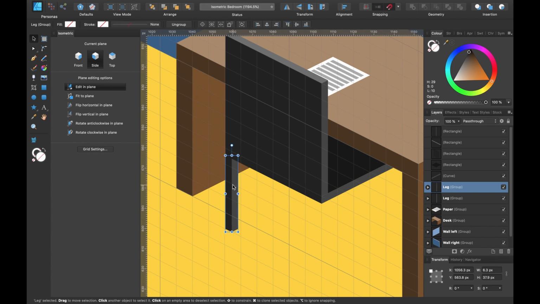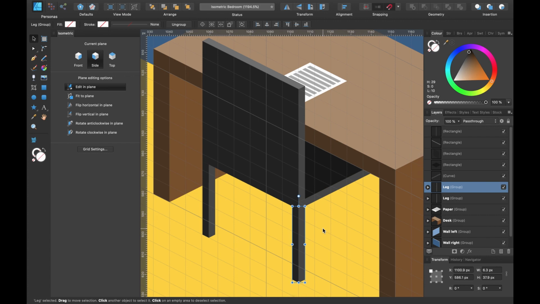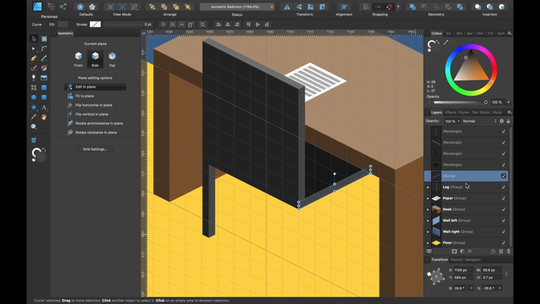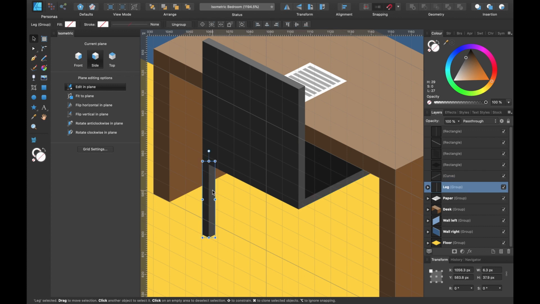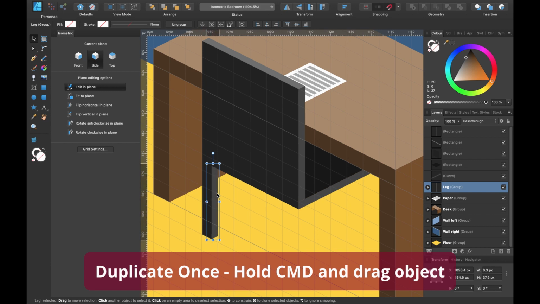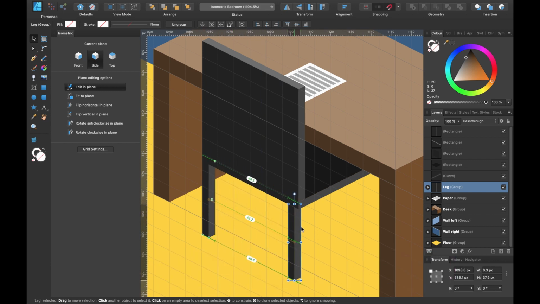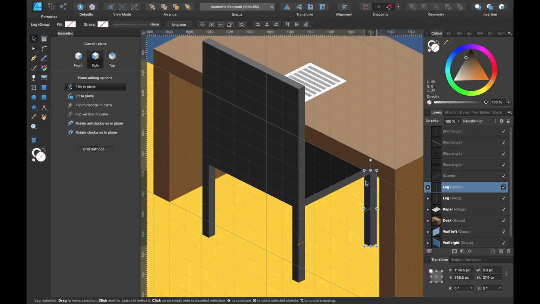Command J and click, hold down Shift, and it clicks into place, and we'll do that again. Command J, it's power duplicated it there. I could press Command C, Command V to copy and paste, or technically I could, if I just go back and back again, I'll click off of it. Instead of that, I can just press Command and drag, and it will automatically create a duplicate of that item. I'll press the same again. Command, I'll keep my finger on Shift as well, and it drags up like that.